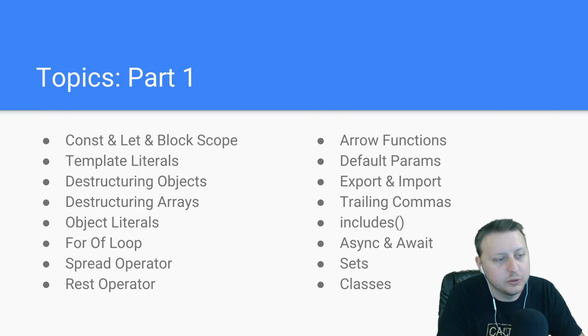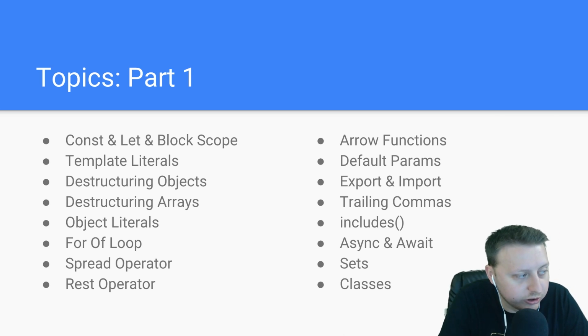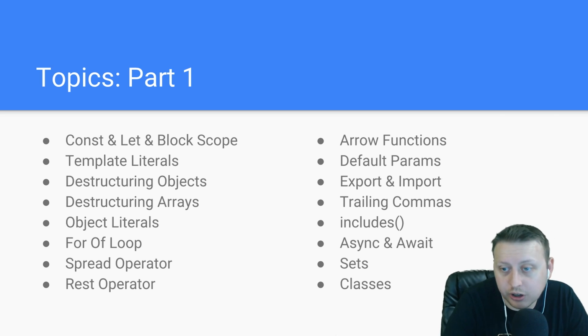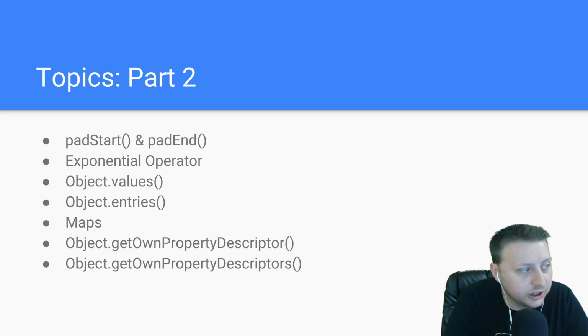So in this video, we're going to be covering const, let and block scope, template literals, destructuring objects, destructuring arrays. We're going to be talking about object literals, the for of loop, the spread operator, the rest operator, arrow functions, default params, export and import, trailing commas, includes, async and await, sets, classes, and then we're going to be also